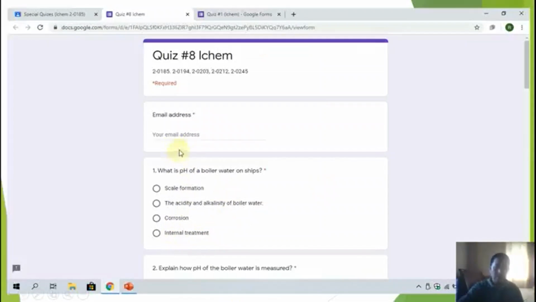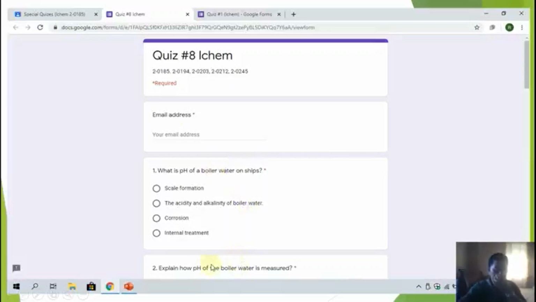But I first have to write the email address here, because this one, the asterisk, is required. The student cannot submit their quiz or exam without entering their email address here.